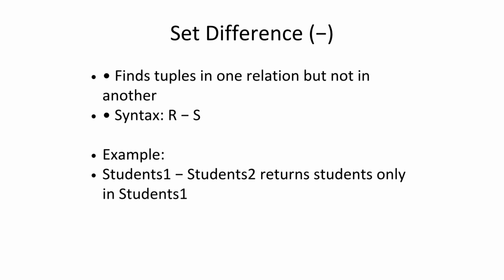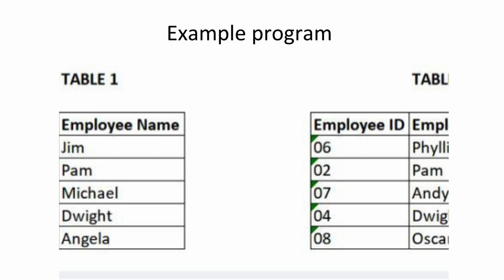Students 2, ID 3, 2, name Carol, Bob. Students 1 minus Students 2 gives ID 1, name Alice. Bob exists in both, so he is removed. Only Alice remains. This operation is useful when finding exclusions, like users who signed up but didn't register for a